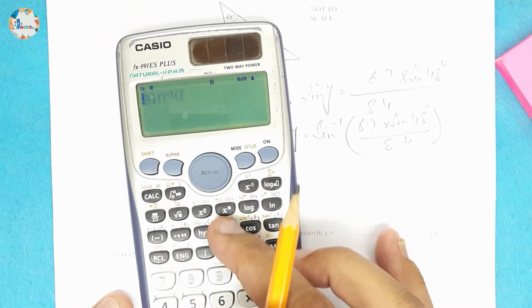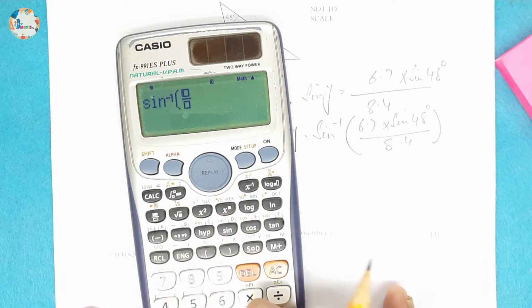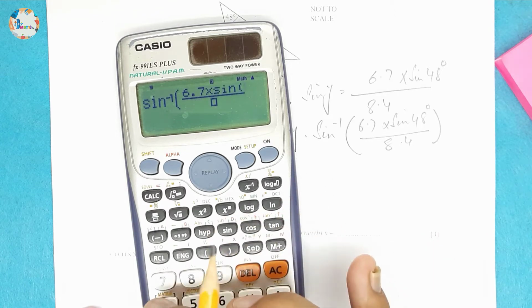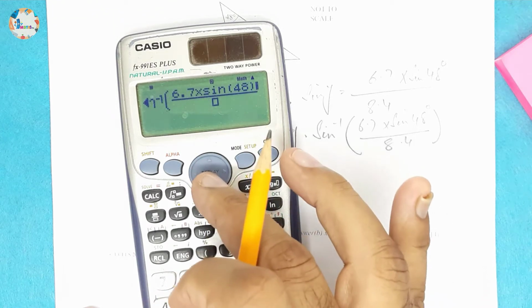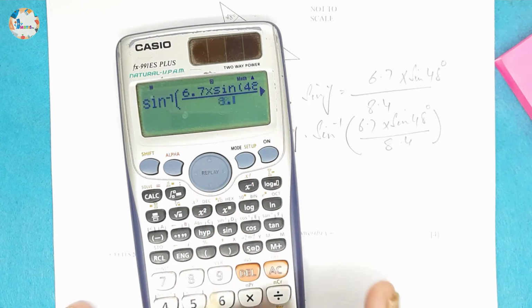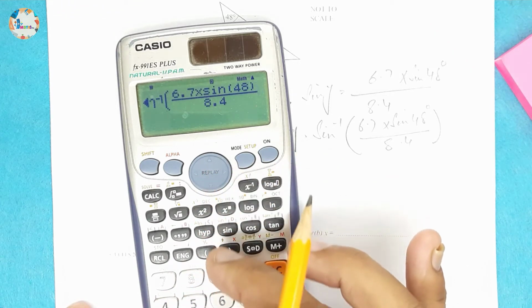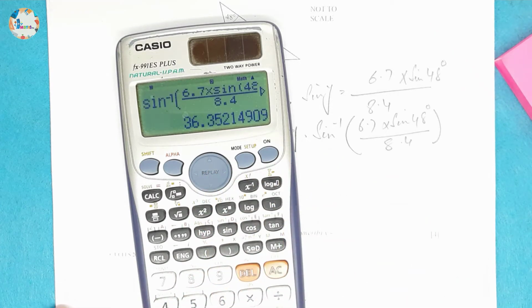So sine inverse of the fraction 6.7 into sine of 48 degrees divided by 8.4, bracket closed, and this is equal to